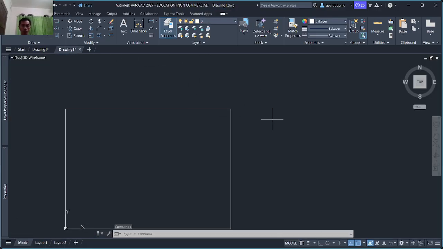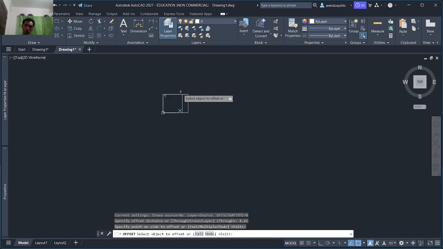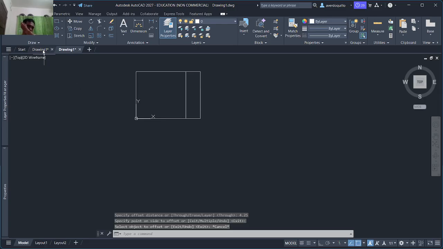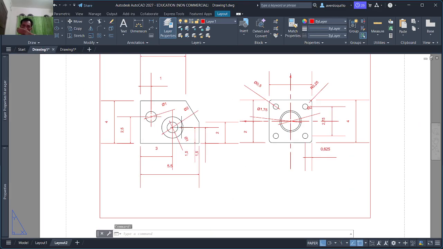So let's see, we're going to offset this one 4. This one here, offset 4.25. Nice. And then the other thing here is from the reference.